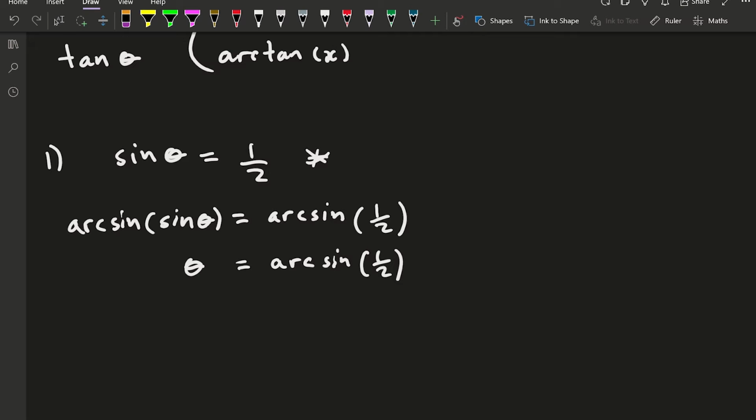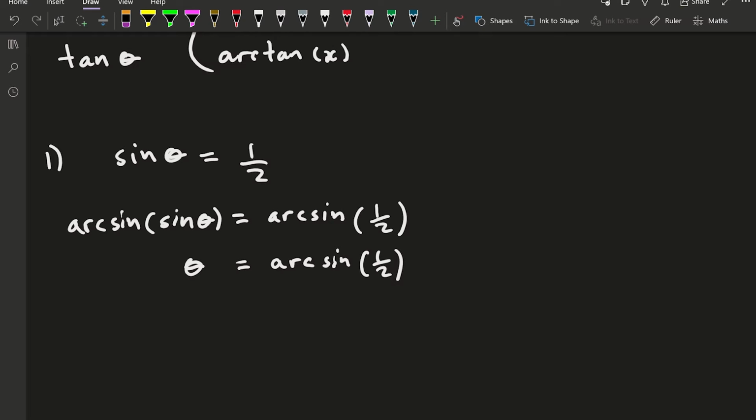But to really interpret this, what I should think to myself is that theta is some angle in a right angle triangle, such that the ratio between the opposite side length of theta and the hypotenuse side length of theta gives you 1/2. All right, so you should think of a triangle where this relationship holds,